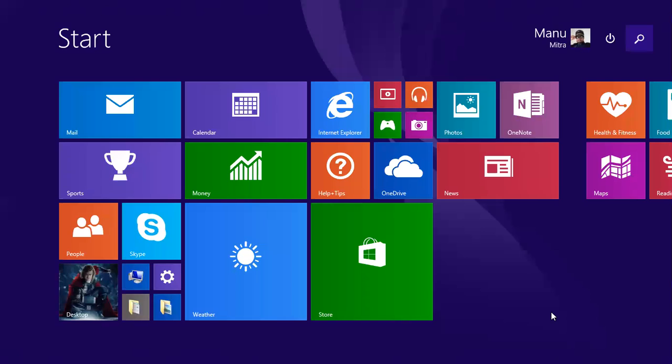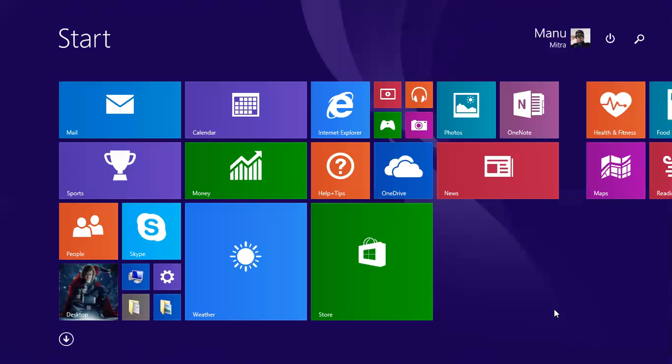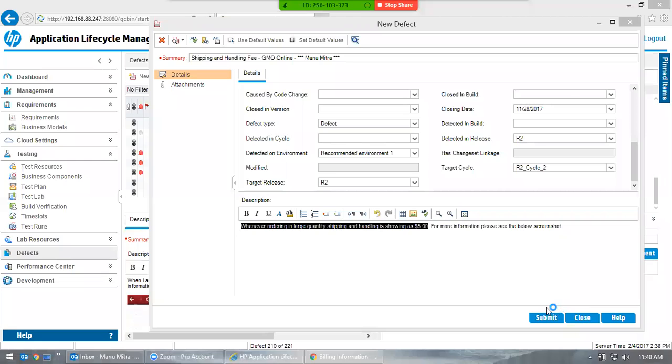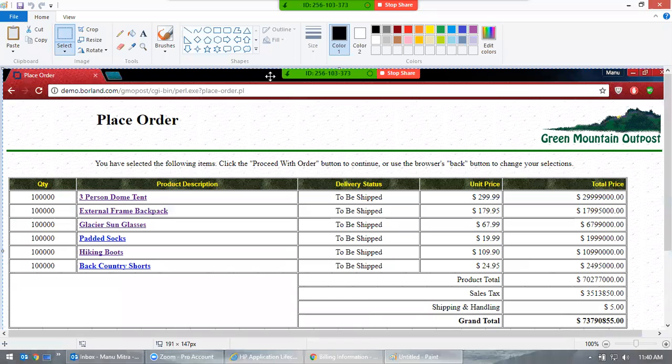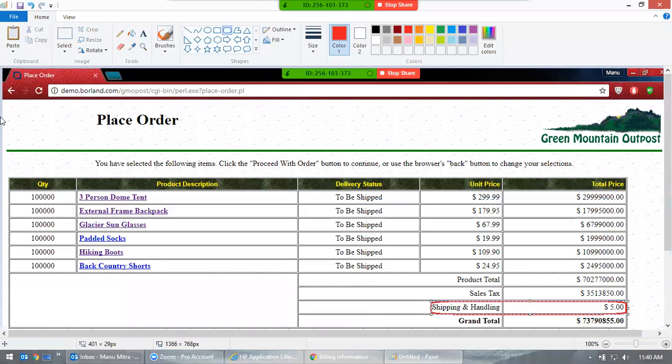It's up to you. You don't have to use Paint or something, but you can use the inbuilt screenshot for HPLM. HPLM has the inbuilt screenshot. You can use that too. You don't have to use Paint or MS Word, but the screenshot should be there. Once you put it, just use this. You want to highlight what actually you're talking about. You want to use this. Once you highlight this,